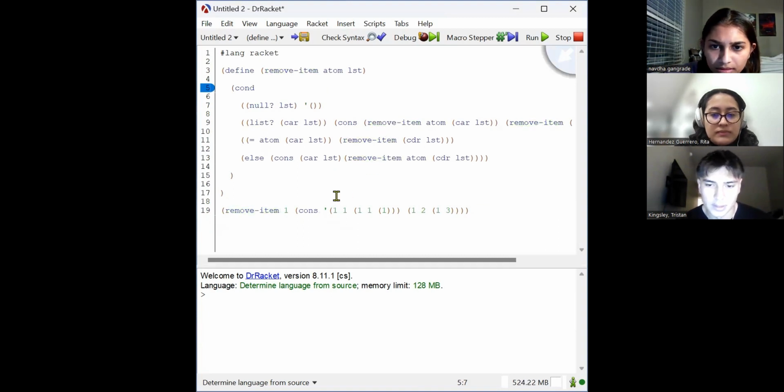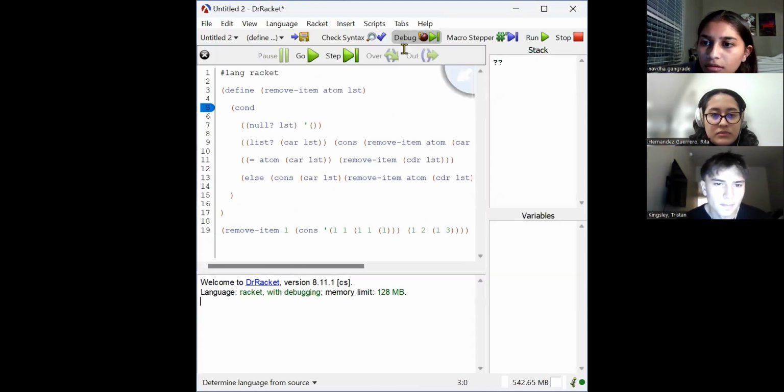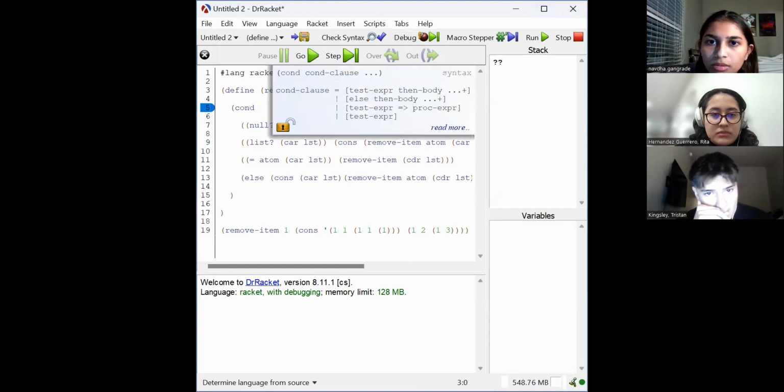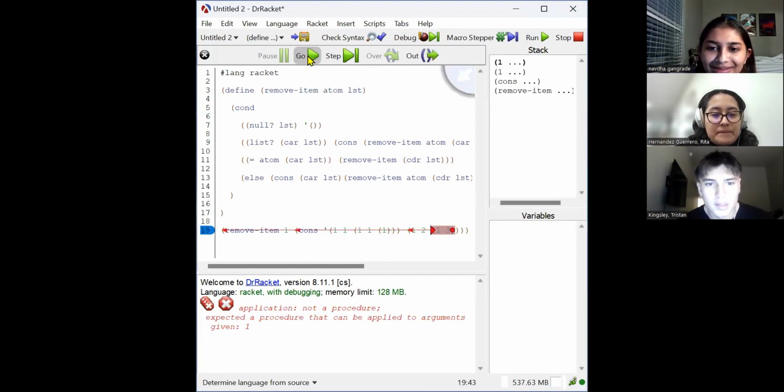So you just hit the debug button, I guess. Maybe try pressing go or step. That button will make a single step and then pause again. The over button is enabled when